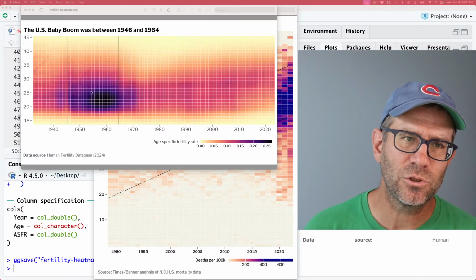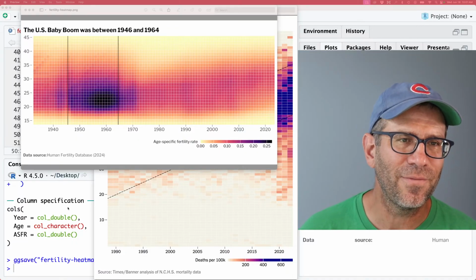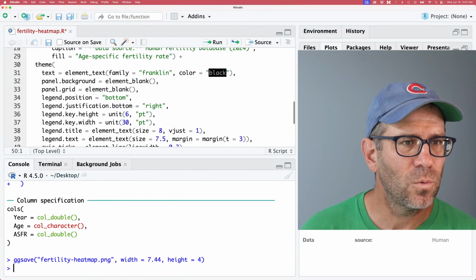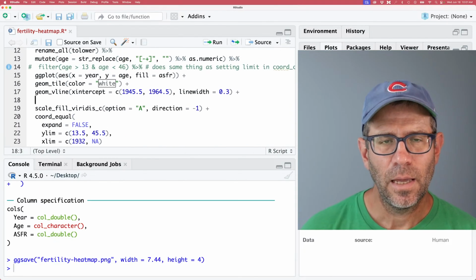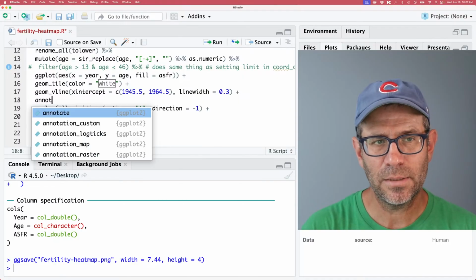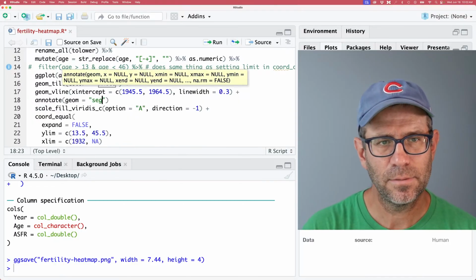And maybe we'll just draw an arrow. Well, let's draw the arrow and then go from there. Okay, so we'll come back up here to where I put in the geom_vline, and let's go ahead and do an annotate, and we'll do geom equals segment,